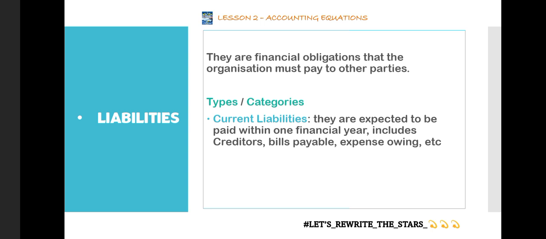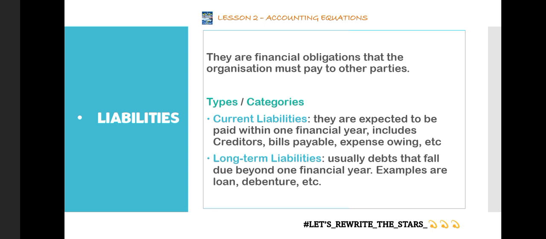Those things are also referred to as current liabilities. We have bills payable. All bills that we are supposed to pay to other parties are also referred to as current liabilities. Expenses owing: whether we are owing a lot of expenses, small expenses, or moderate expenses, the very moment it is an expense and we have not paid for it, that means we are expected to pay. So it becomes a current liability. I hope this is very clear.